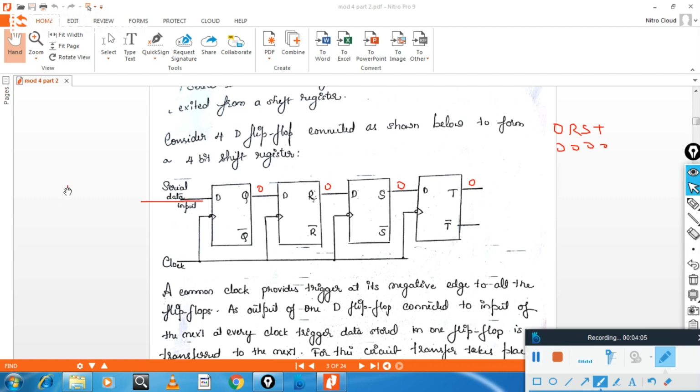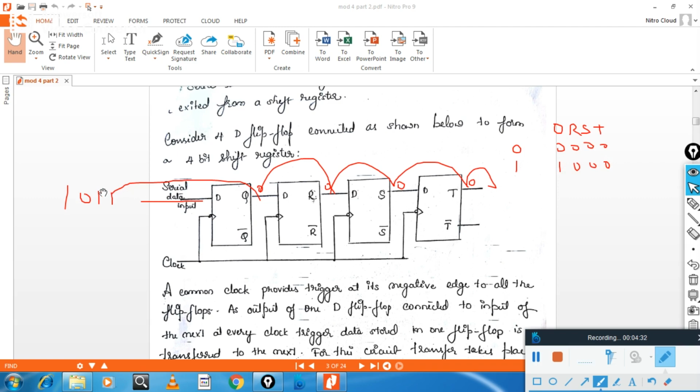Suppose my data is 1, 0, 1, 1. On the first clock pulse, this one will move here, this will move here, this will move here, and this will go to drain. That is, this becomes 1, 0, 0, 0.